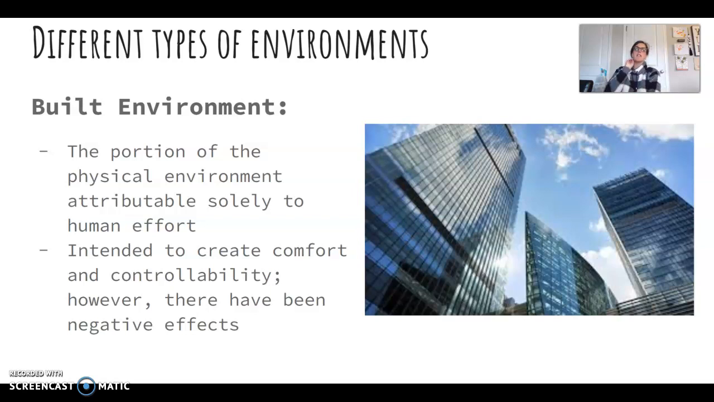So this is buildings, this is bridges, this is anything humans have introduced into the natural environment and kind of built on their own. And so the intent of the built environment is to create comfort and controllability. However, there have been negative effects. So if you think about the environment and global warming and the icebergs and the research showing that they're melting and how that impacts